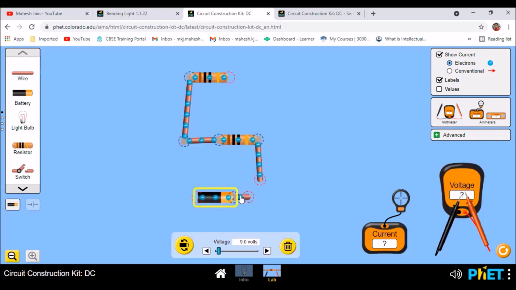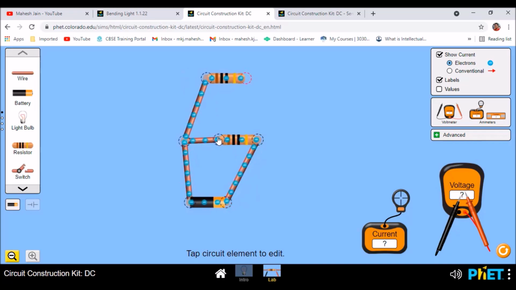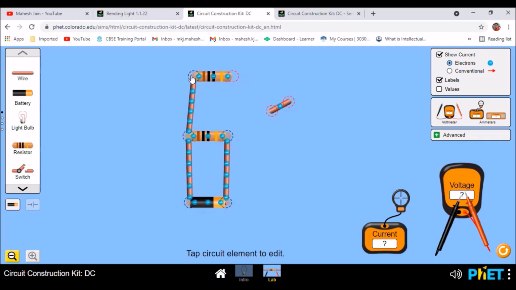I'll remove it from here. I'll just remove the wire from here and you can see I have connected this wire to the other terminal of the battery, and my parallel connection resistors parallel setup is ready. So I'll just see if I could connect all of them together. You can see I've done the connection, and yes, so now I can see that resistors are connected in parallel. It is forming something like 8.